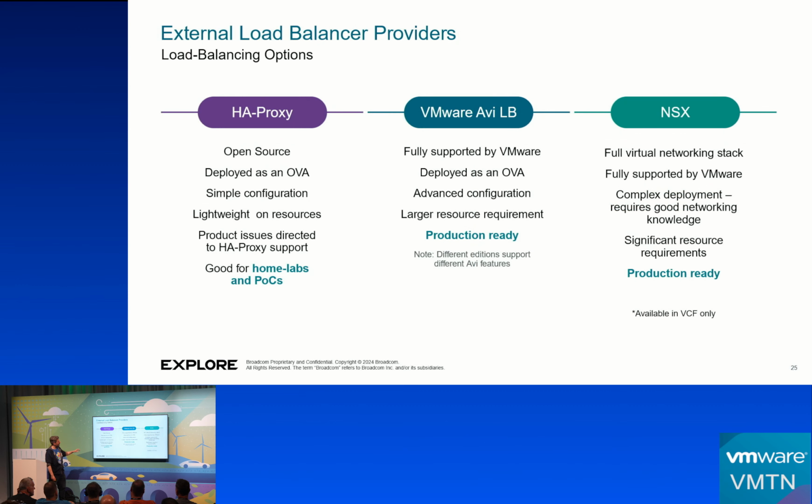Those integrations that you get out of the box, HA proxy, the AVI load balancer, and NSX-T. Now, NSX-T is actually a tricky one, or it's a bit of a trick question, because you can do NSX-T with the built-in NSX-T native load balancer, or you can combine the AVI with NSX-T. You need the enterprise license for AVI to do that, and then you end up using AVI in both these cases, in reality.